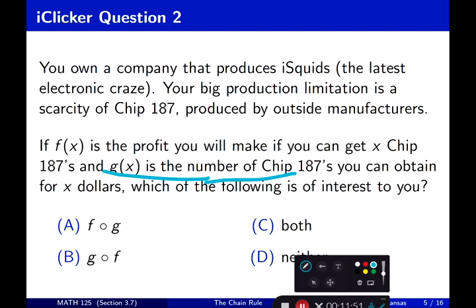So you want to see, if I input x dollars, how many chips I get, then with that many chips, how much profit does it make for me in terms of dollars? So the very input is x as your money, and that's g, and then f. So f of g is the one that you're interested in. That is option